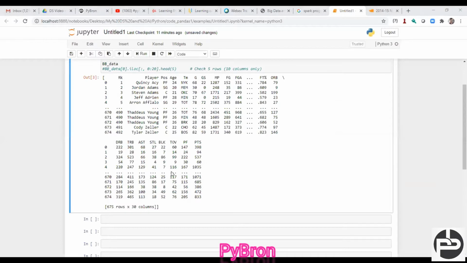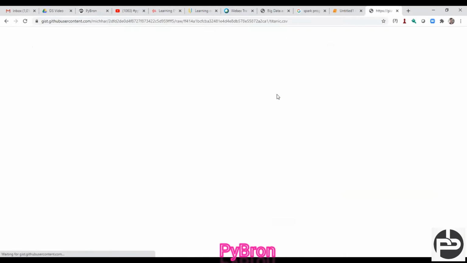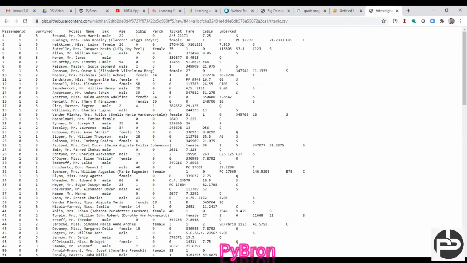Now similarly, there is one more case. If you have data in a GitHub repository and you want to access it here, that is also possible, as I already discussed in yesterday's session, I guess. So just paste this URL. If you hit this URL, you can see there is data. It's a Titanic data set, a very famous data set you can get over Google. You can see all this data has been separated with tabs, the gap you can see here.